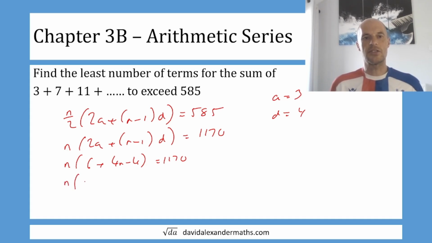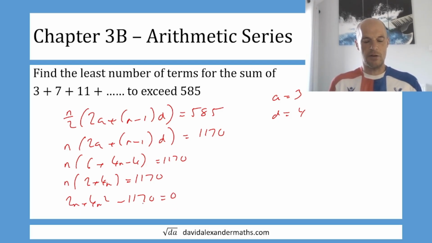so 4n take 4 is 1170. So that's n lots of 2 plus 4n equaling 1170. So 2n plus 4n squared take away 1170 equals 0. So quadratic equation solver to the ready. So that's 4n squared plus 2n minus 1170. And we can see that n is